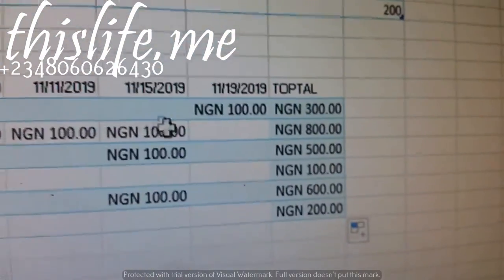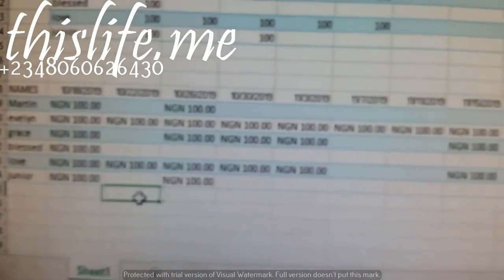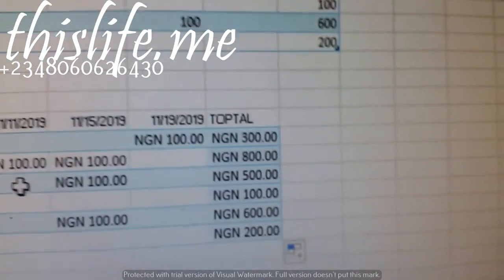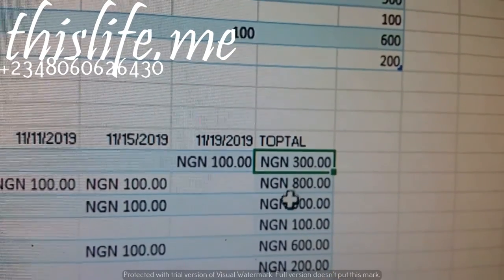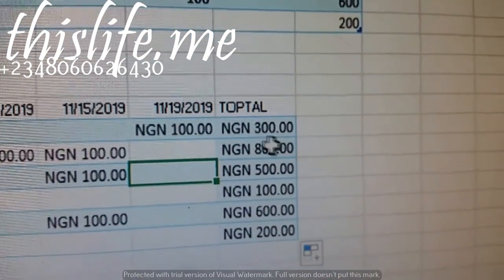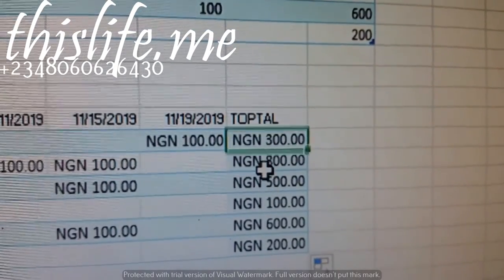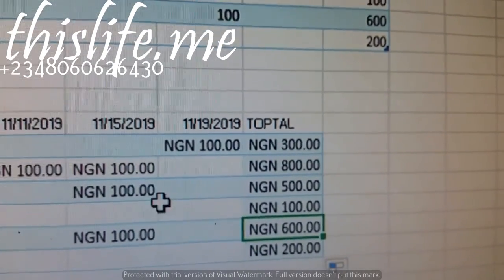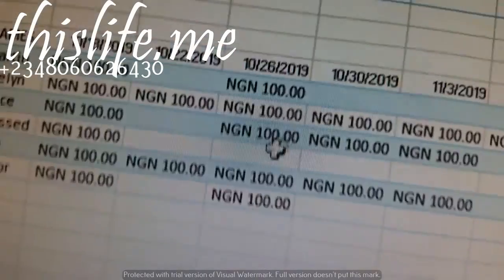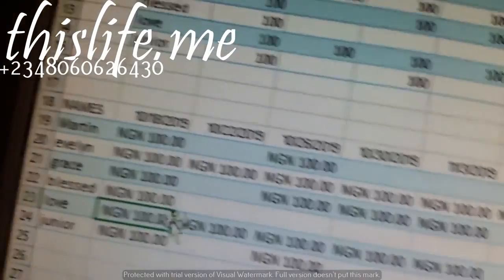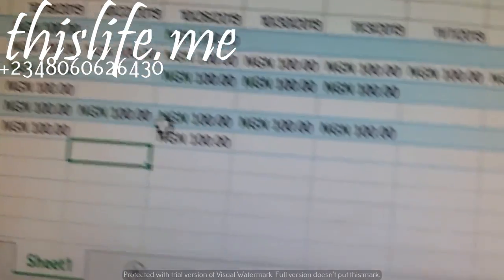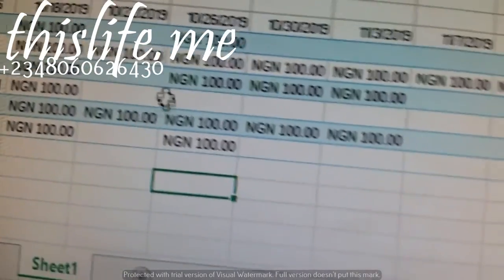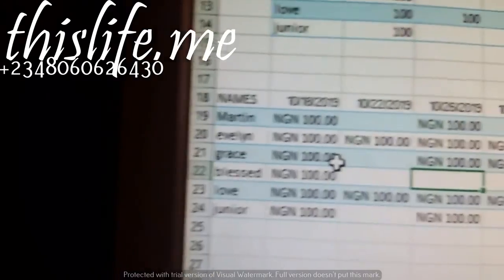Be informed that even if there are 1,000 or 10,000 people making this contribution, you only solve for the first person, then drag down to automatically calculate for the rest. This is a major advantage of Microsoft Excel. So whenever you are faced with work that relates to this type of pattern, contributions or any sort, this is how you will be able to achieve it.